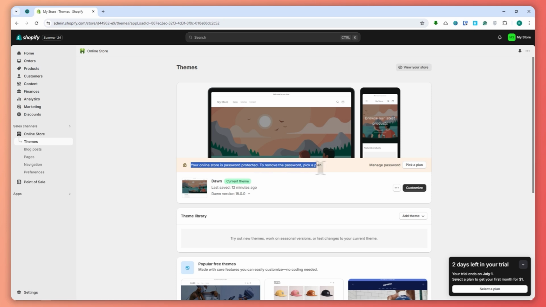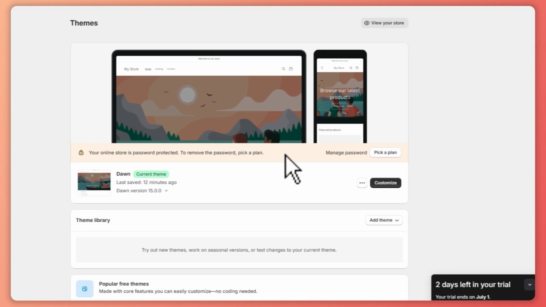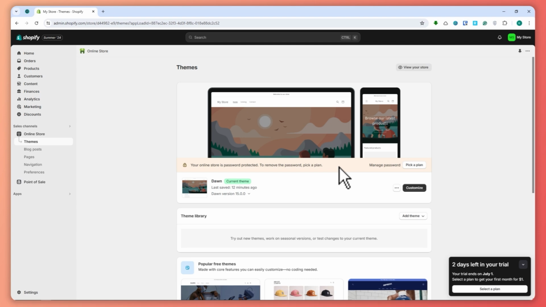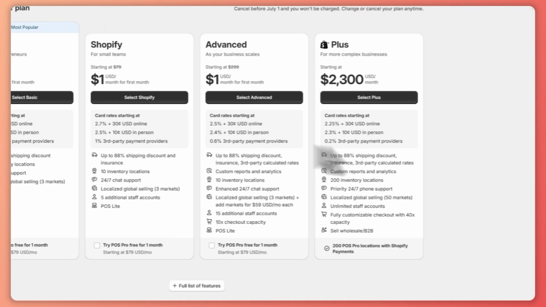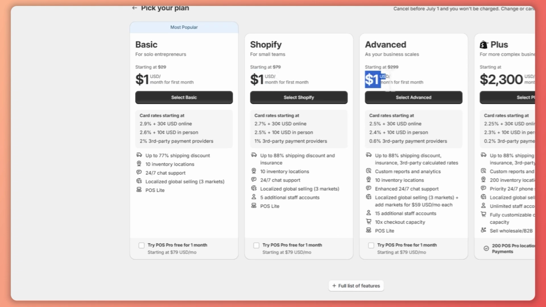To remove the password, you need to pick a plan. If you're just in a free trial, there is no way that you can remove the password on your store. So in order to remove that, click here on Pick a plan, and from here you would need to buy one of these plans. As you can see, it is only costing me $1 for each plan right here, which